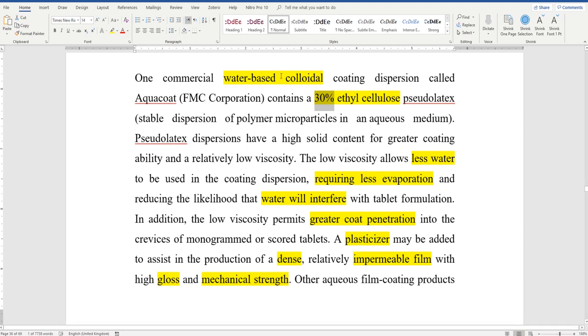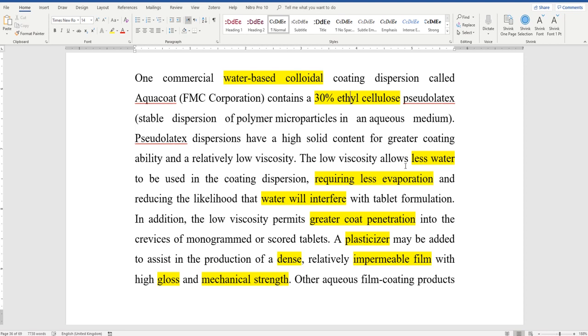طيب, in addition to the vehicle, which is in this case water, you need to add plasticizer in addition to the polymer. يعني in addition to the polymer, you need to add a plasticizer. Now, plasticizer is very important because it makes the film coating or the coat more dense. Also, it makes it impermeable film. يعني the film will be intact,